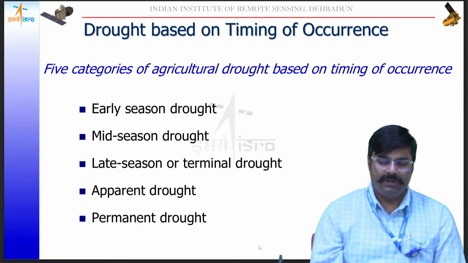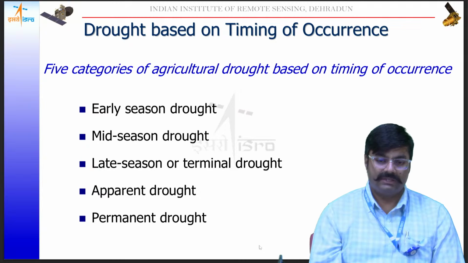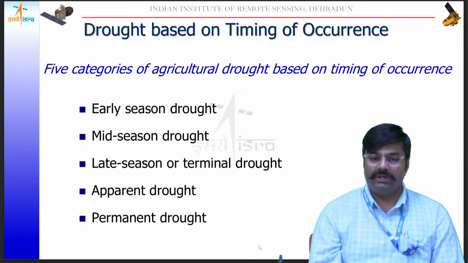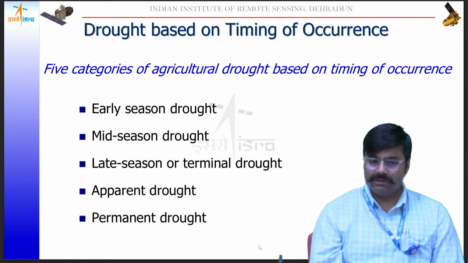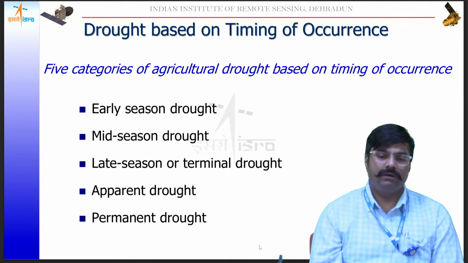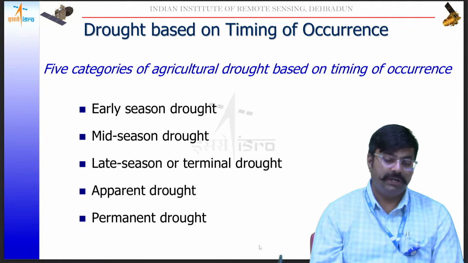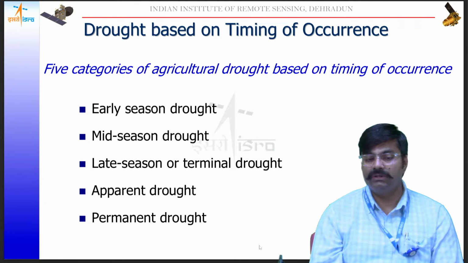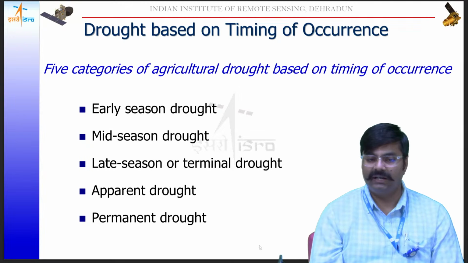Then there is a late season or terminal drought. If the water is not available at the time of maturity, when the grain attains its proper size, and the conditions prevail for a longer period, this may impact the qualitative as well as the quantitative status of the crop. Because of the unavailability of water, the grain or seed may not attain its proper size and may not have the proper tone, texture and color, which deteriorates quality attributes and significantly impacts its price. So that is the impact at the time of maturity and final size attainment.